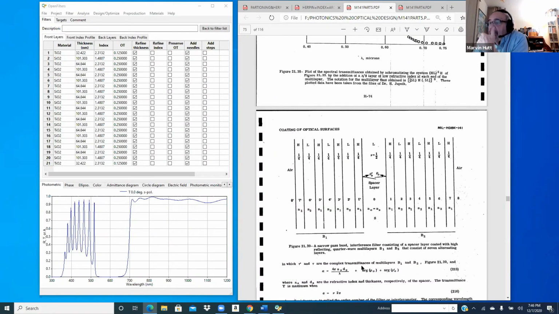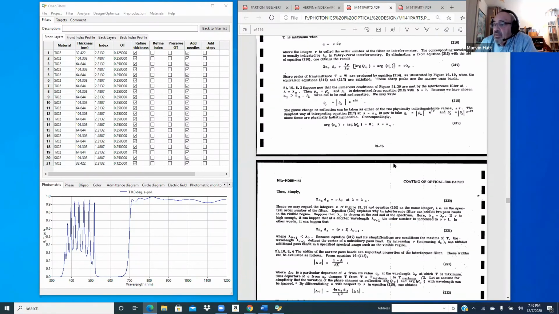This is a Fabry-Perot. This is the next subject area I want to talk to you about before we quit for the day, which is in 14 minutes. You all know about the Fabry-Perot interferometer. That's two mirrors, and a spacer between them. And this is a mirror, which is high, low, high, low, high, low. Here is a spacer, which is LL, high, low, high, low, high, low. So if you put this together,